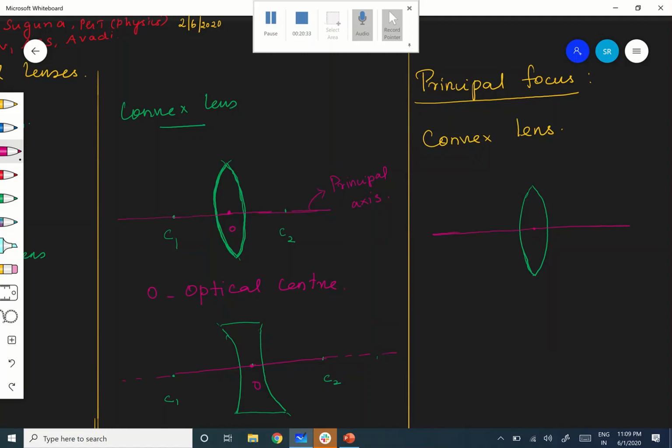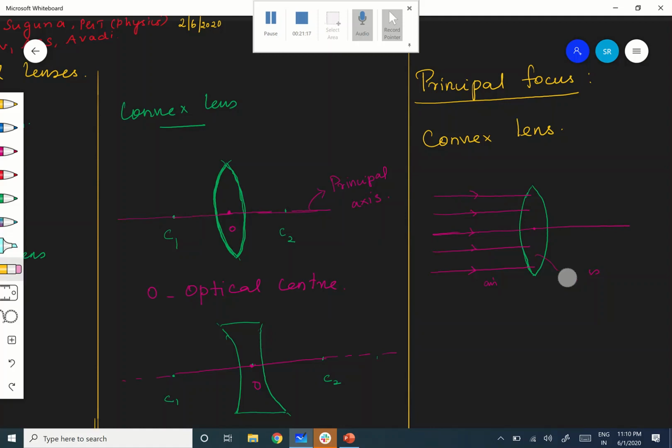See, I have so many rays which are parallel to the principal axis, which after refraction, it is after refraction only. Why? Because outside here it is air and here it is a transparent medium, usually glass. So it is going from air to glass, correct? So once it passes through, after refraction,